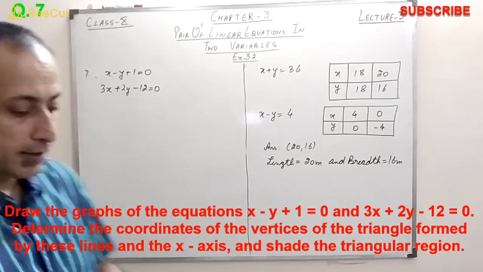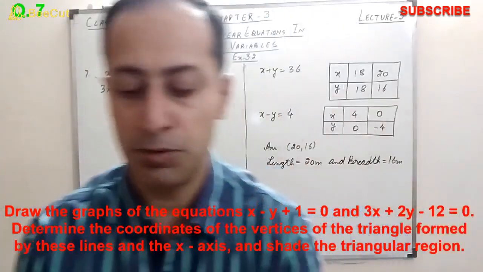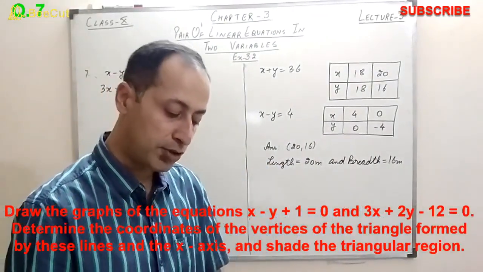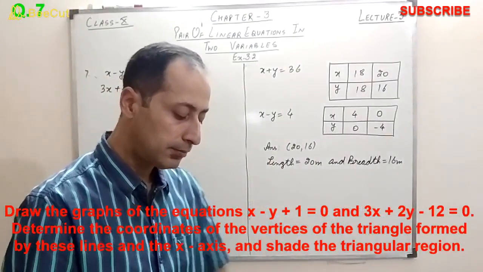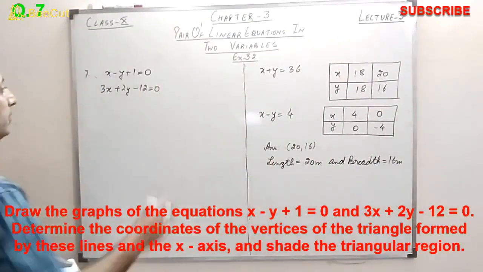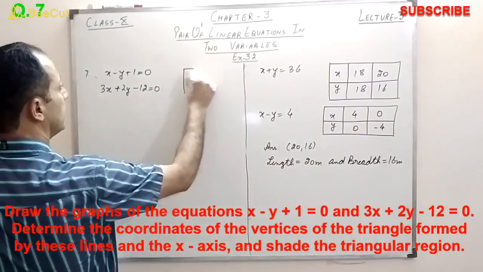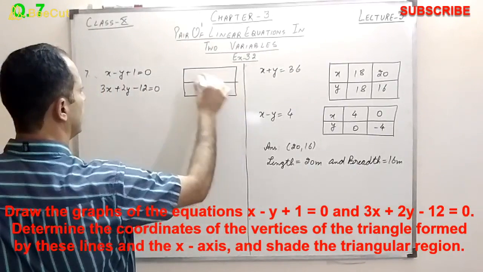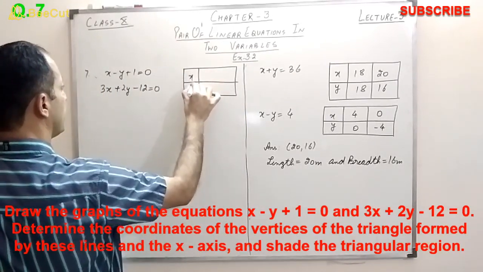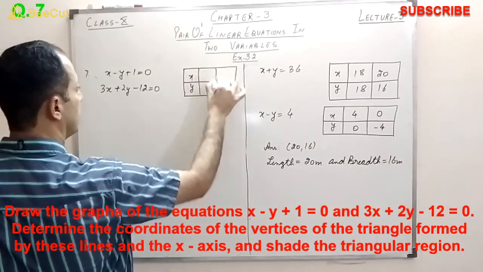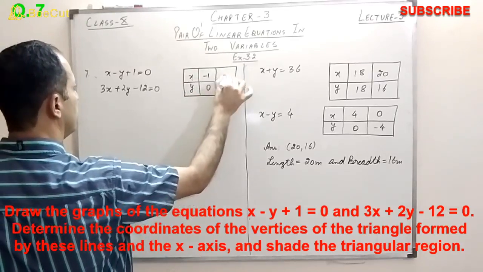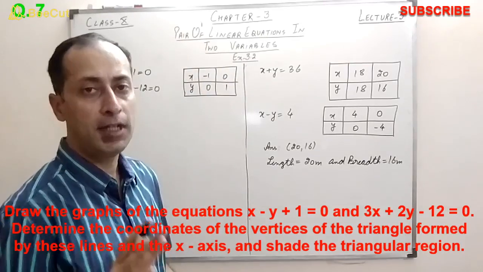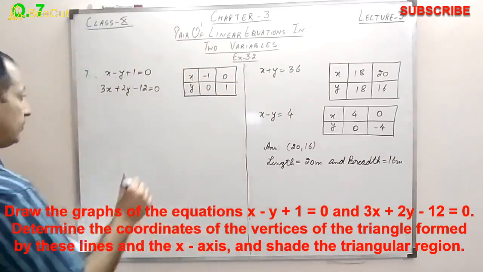Now the first thing we have to do is find two solutions. Let me have the same solutions for you. For the first equation, the solutions I have taken are minus 1, 0 and 0, 1. I will be sharing the graph also. See, a minimum of 2 points is required to make a line. That is why we find at least two solutions for them. And for the second one,